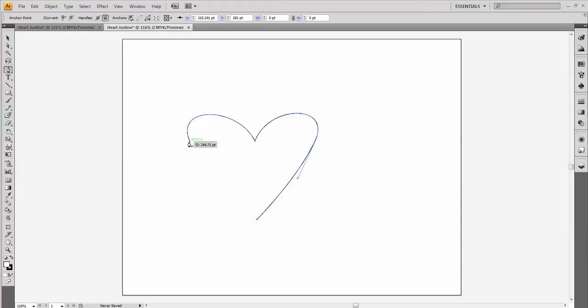Now to stop the heart, I have to touch the end point and the beginning point. So you can see that this little pen tool with a little circle shows up when I'm touching the beginning point. So I'm going to click and drag to complete that. Now that this is finished, I can switch to the direct selection tool, which is the white arrow,